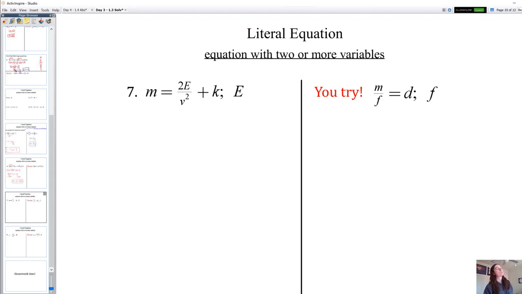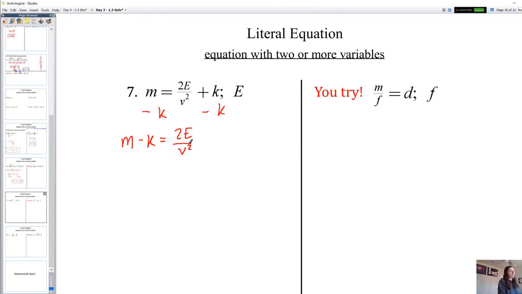Here we've got m equals 2e over v squared plus k. We need to get e by itself. So remember, when we're solving for a specific variable, we're going to do that reverse PEMDAS. So anything that we're currently adding or subtracting, that's what we're going to move over first. So we've got this plus k. I'm going to subtract the k first, because again, we want the term that has the e to be by itself first. So now on the left, we have m minus k, and then on the right, we have 2e